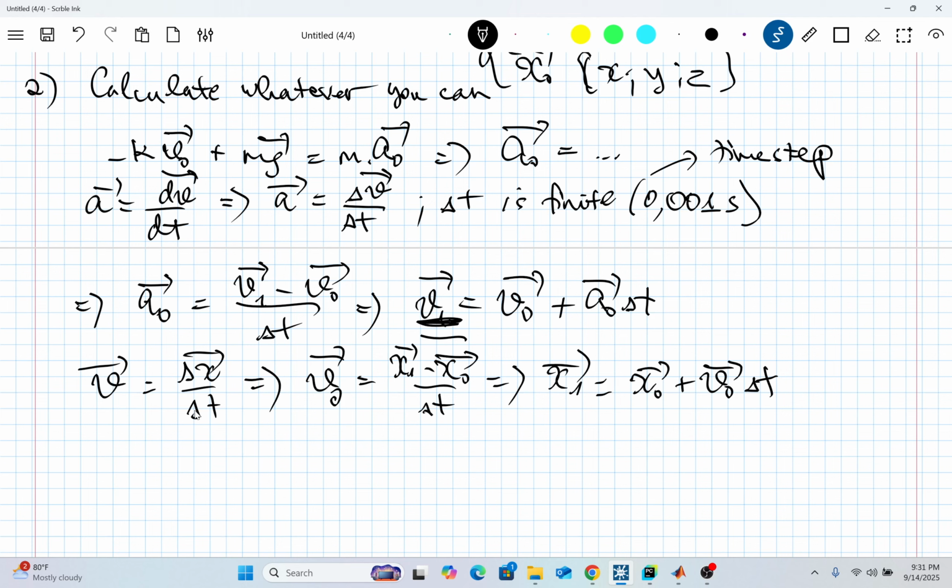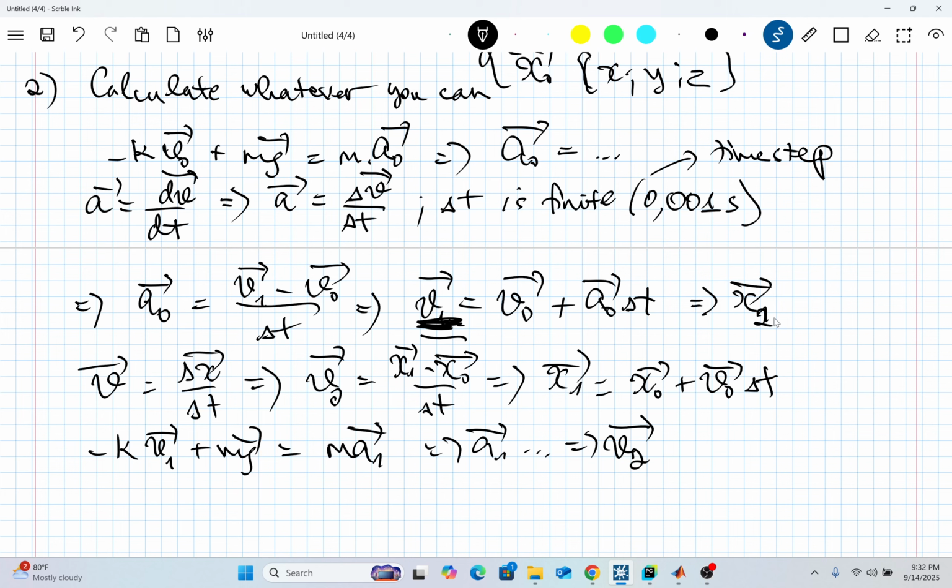It means that instead of trying to solve your equation directly, you break it down into discrete steps, and then you build it from the bottom to the top. You build the acceleration, then you take the acceleration to build the velocity, then you use the velocity to build the new position.